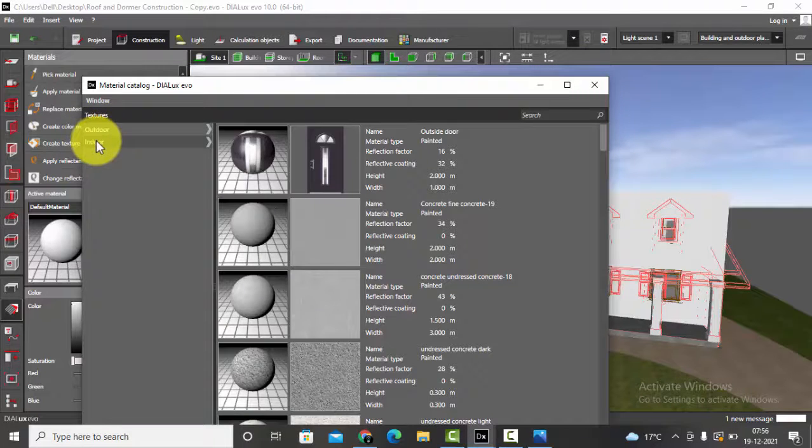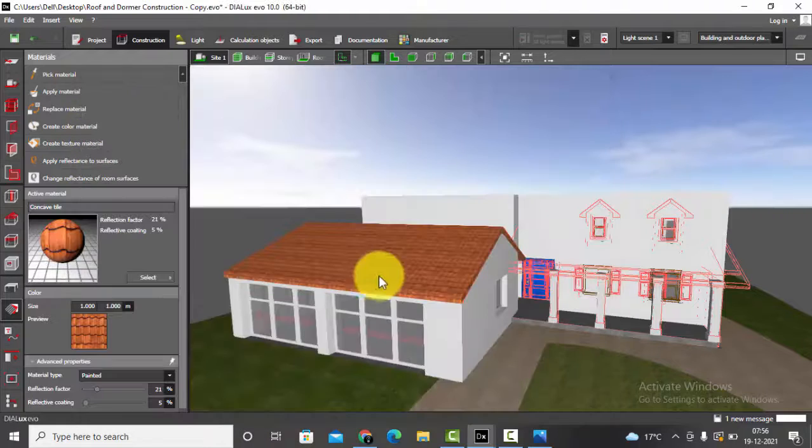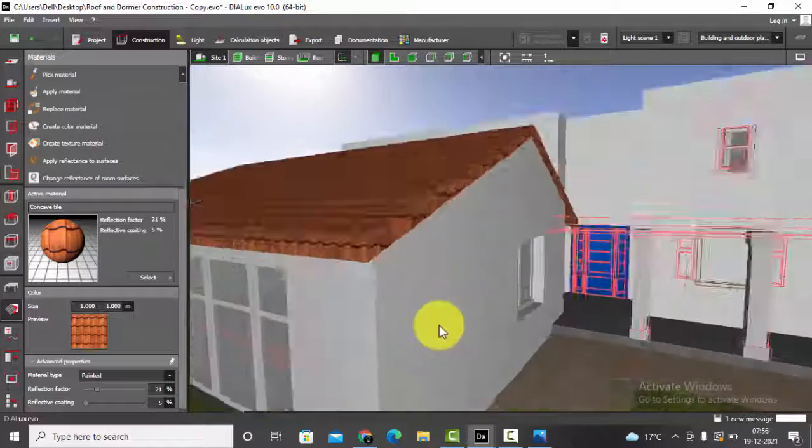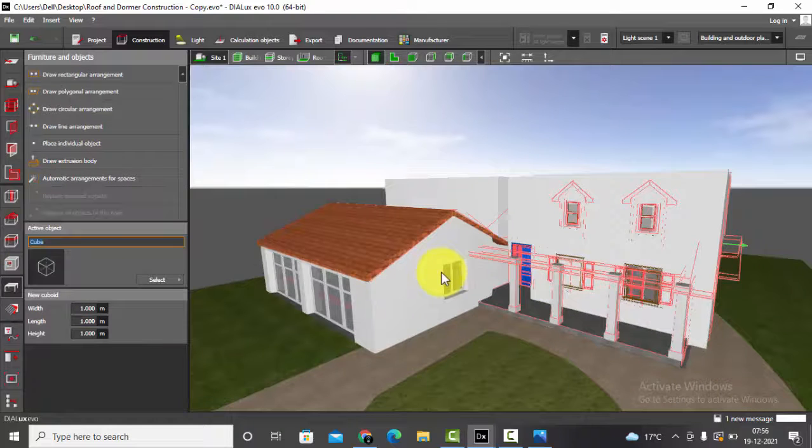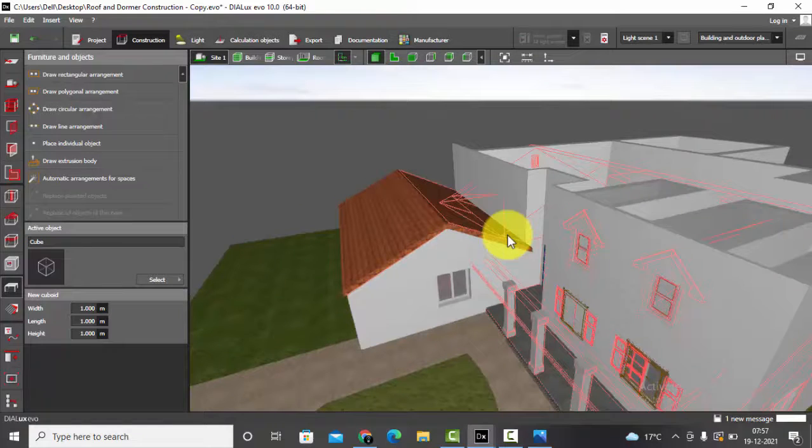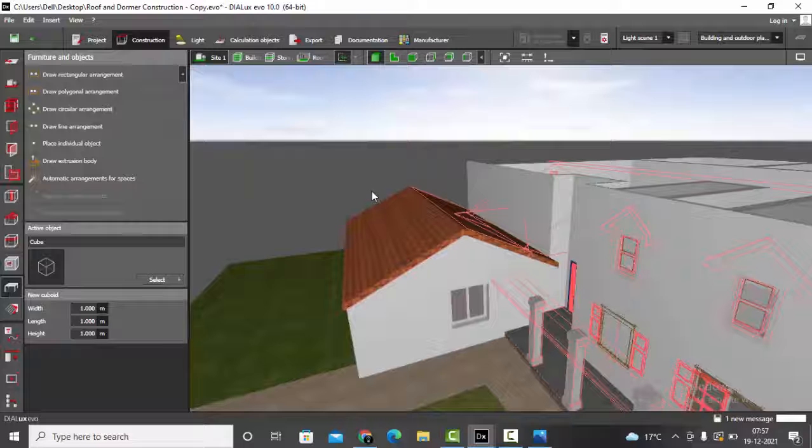You can go to the material catalog and use any textures to place it on the roof. Done. Okay, so this is how you place a double pitched roof in your project. All you need to understand is the roof pitch. You can check the angles in your AutoCAD file to properly input the roof pitch angle in the dialogue. While working on this kind of project, consider all the section and elevation details of the AutoCAD plan.